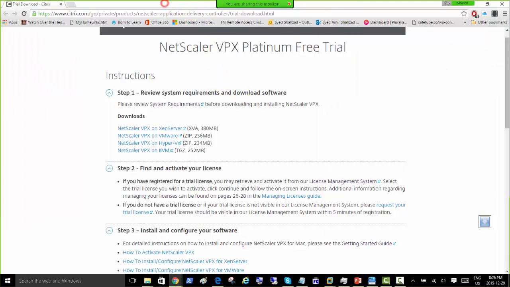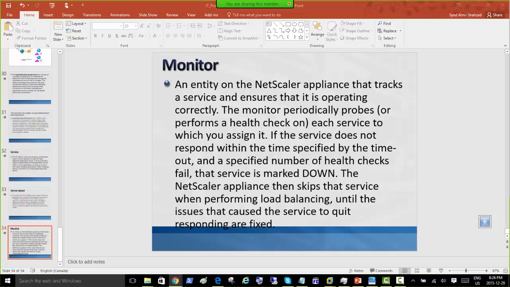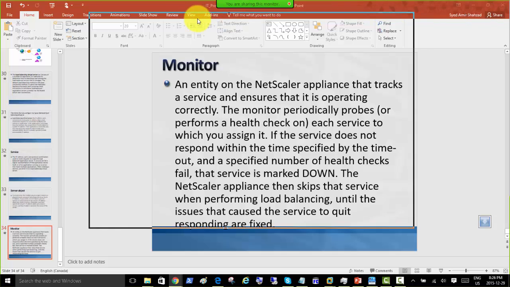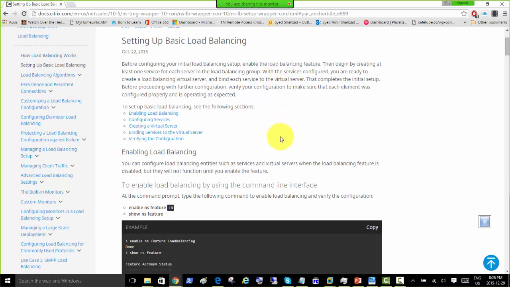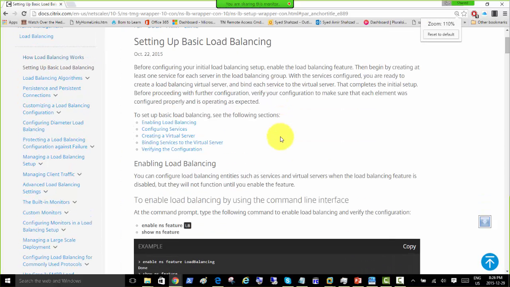Yeah, we already went through that, the installation screen, and how basically the load balancing will work, and all the commands that we're going to be using here. I'm just trying to grab them from the other screen. Okay, so let me drag this. This is the product documentation of Citrix itself. If I make it bigger,